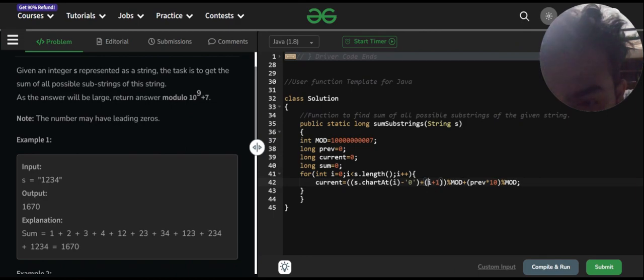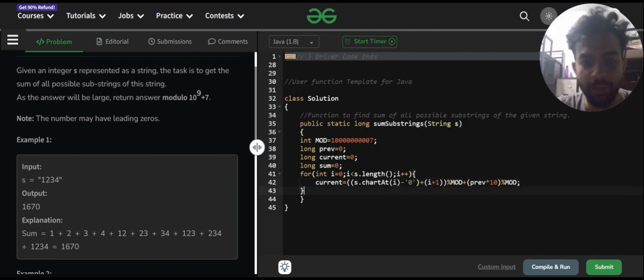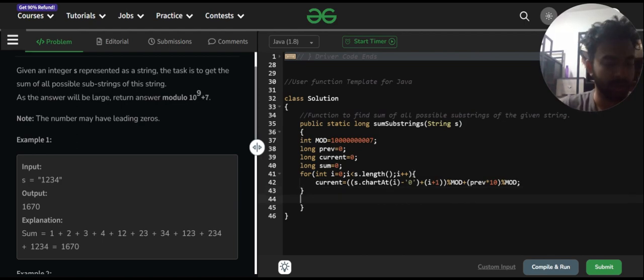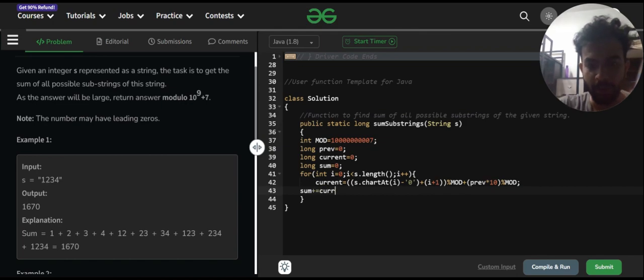We are taking I, which is closing over here, and the particular s is also closing, in previous values num and okay. So the for loop has to be intricately checked. After that, we have to even calculate the sum. The sum equals to sum plus equals to current. No, we can't write like this because we have to take the modulus again. So current plus sum